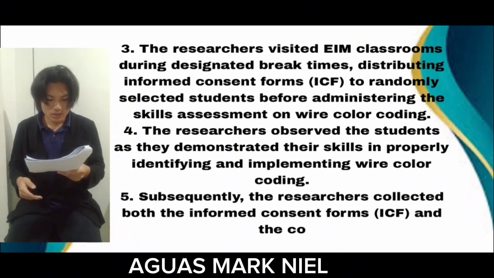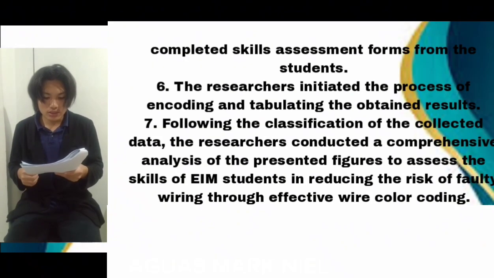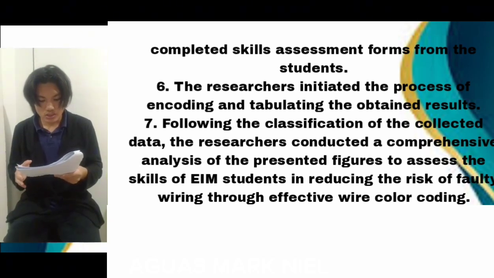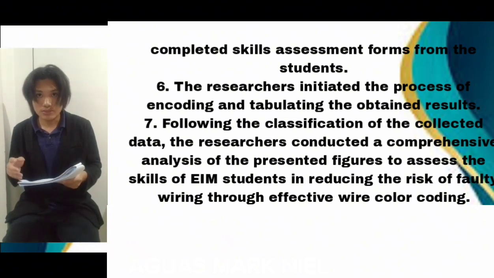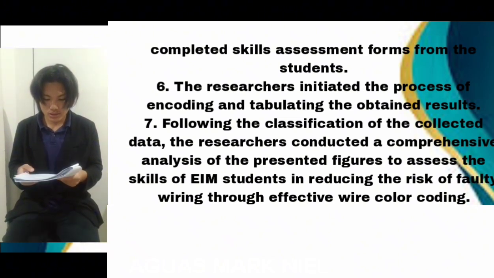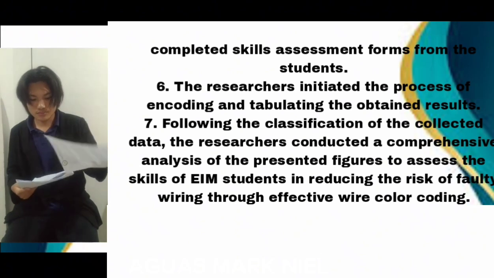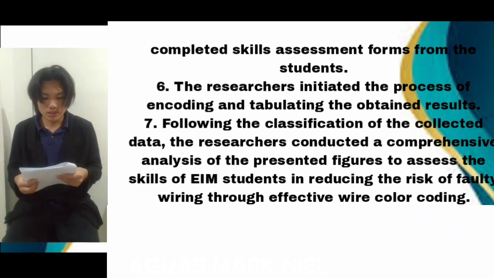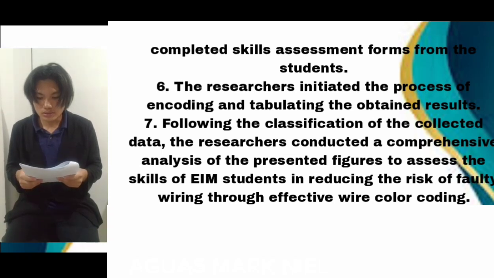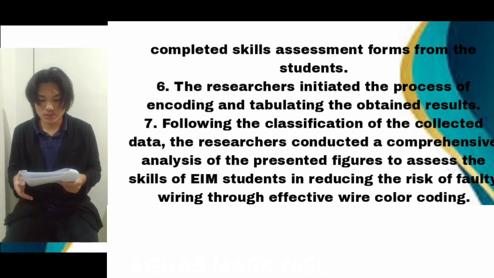Number 5. Subsequently, the researcher collected both the informed consent form, or ICF, and the completed skill assessment forms from the students. Number 6. The researcher initiated the process of encoding and tabulating the obtained results. Number 7. Following the classification of the collected data, the researcher conducted a comprehensive analysis of the presented figures to